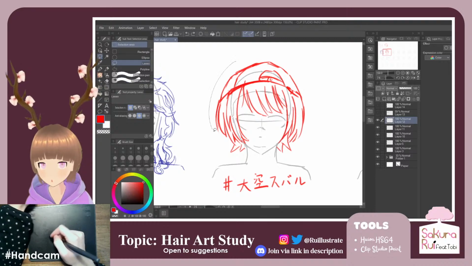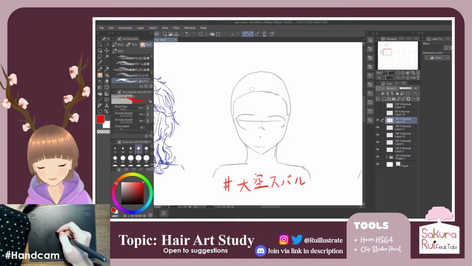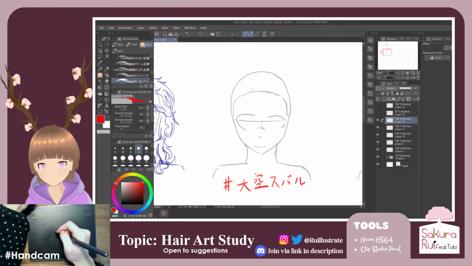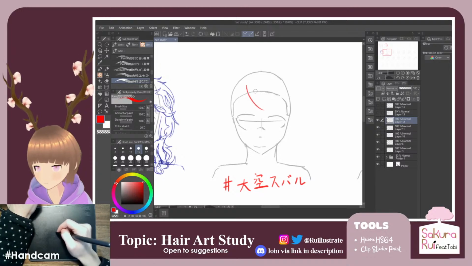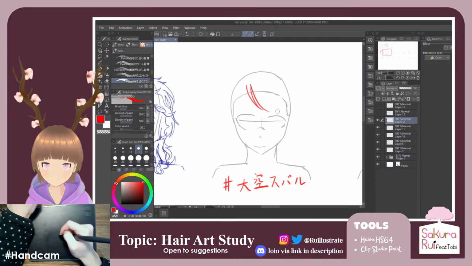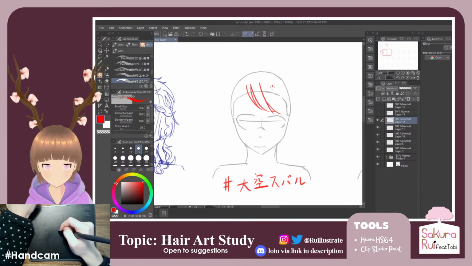So now that we've looked at it, we can redraw it. So there's the first strand of hair, and then just remind yourself that